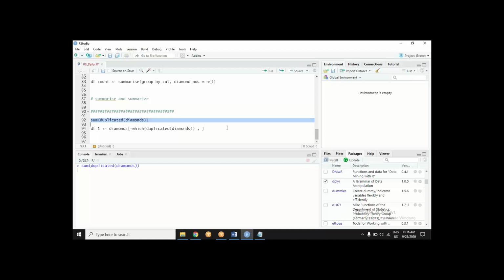So I already know there should be a difference of 146 rows. If I check the number of rows of diamonds. Okay, so let's create df1. Just pay attention. Don't type in. Stay with me. I will drop the code.